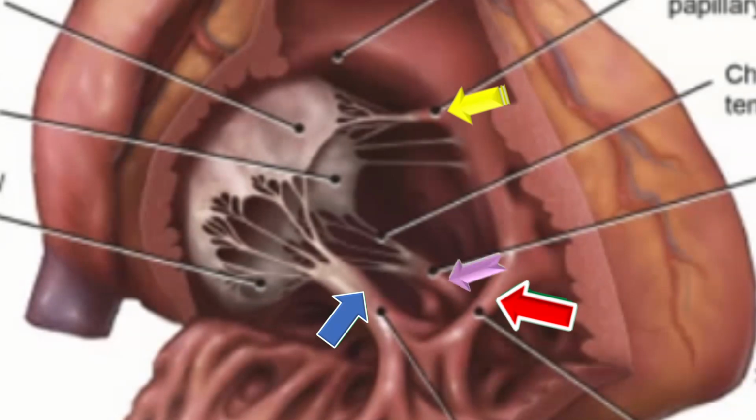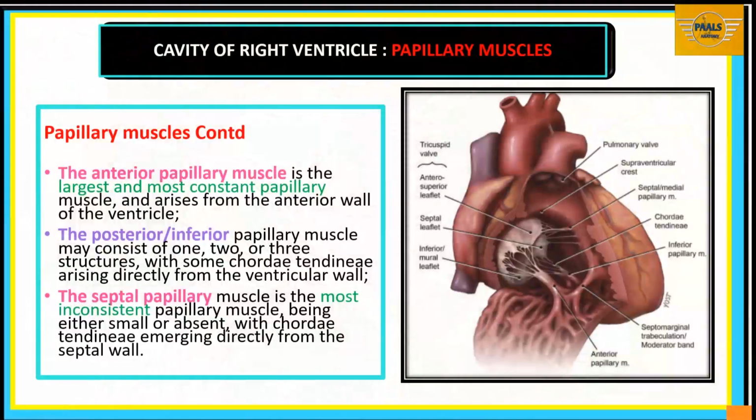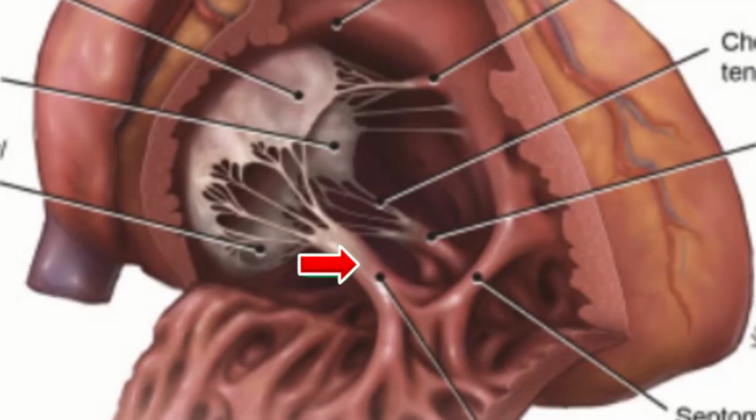inferior papillary muscles. The anterior papillary muscle is the largest and most constant papillary muscle. As you can see it here, very large and most constant. And then we see that the septal papillary muscle is the most inconsistent. We can see the septal there, most inconsistent, and it's either small or absent, with chordae tendineae emerging directly from the septal wall. You can see the chordae tendineae almost starting from the septal wall, and then the posterior